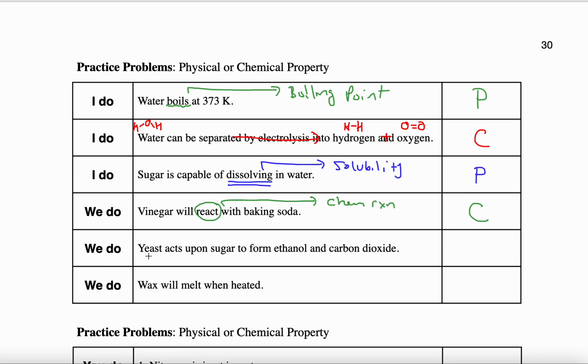The next one, yeast acts upon, so acts upon gives me an idea, acts upon sugar to form. And it's forming ethanol and carbon dioxide. Well, carbon dioxide's chemical formula is CO2. The sugar, a common formula that you guys know, is C6H12O6. And ethanol, we'll learn how to draw it when we get to organic, but it's